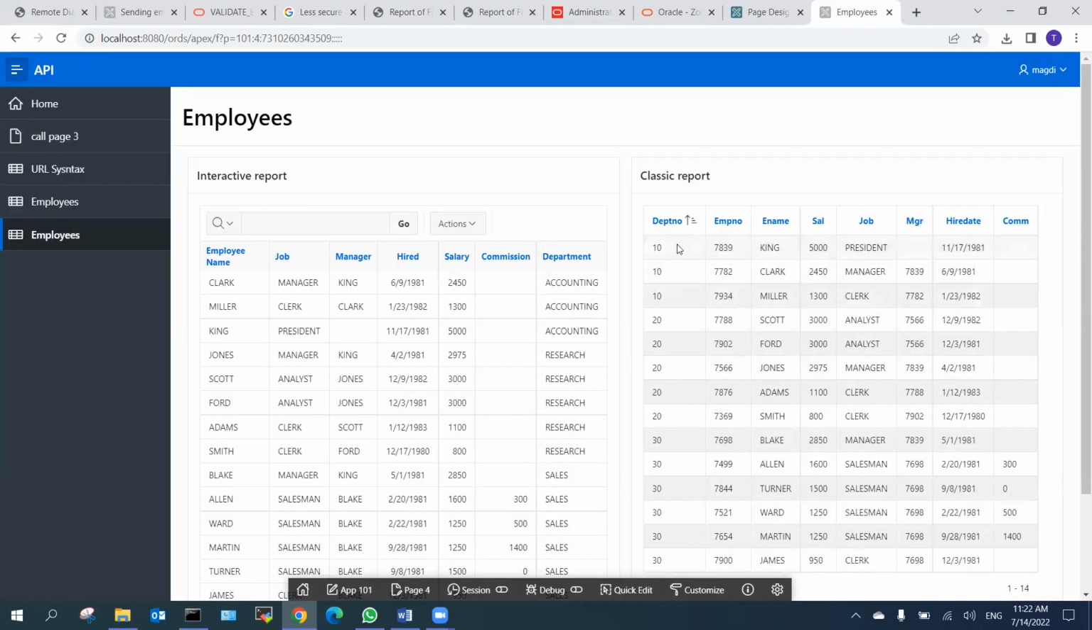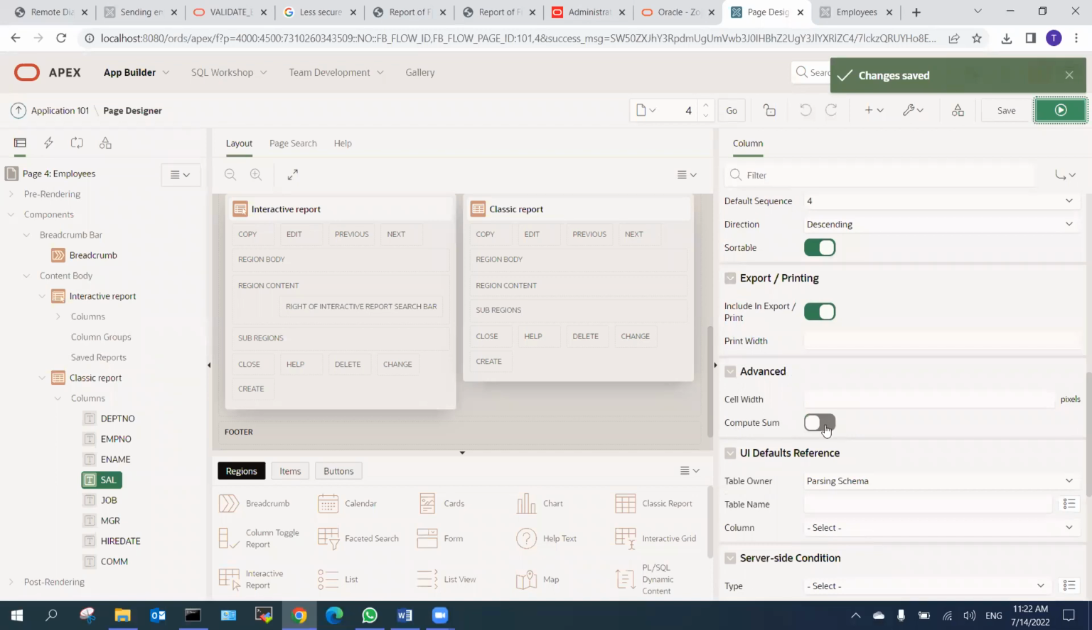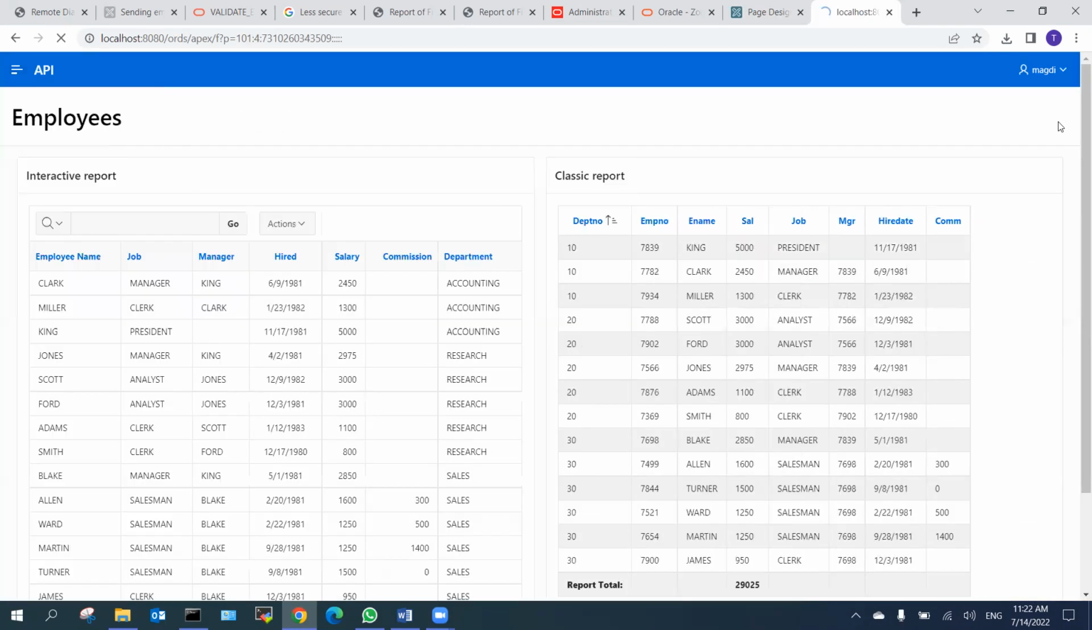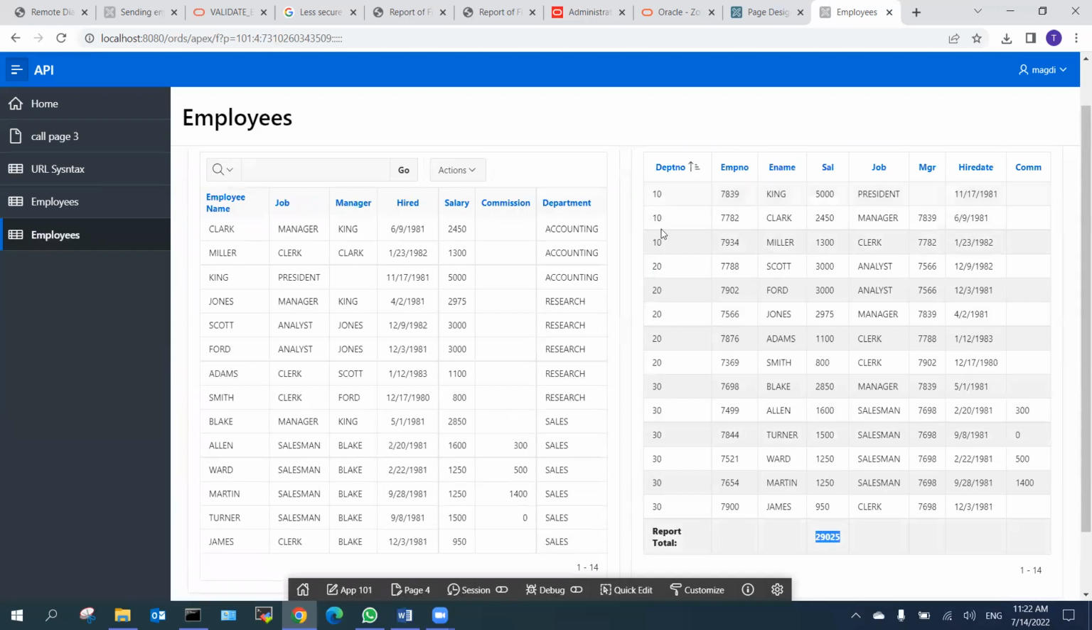Okay, so the higher salary is 5,000 and then 1,000. It's the same for the second department. Also, we can do some other feature here. It's called compute. The compute means I need to sum the salary per all reports first. So I will see here a total report. If I need to make a subtotal per department,